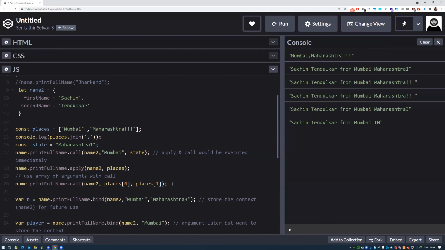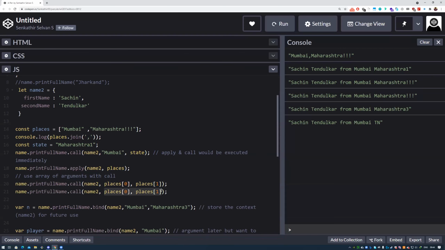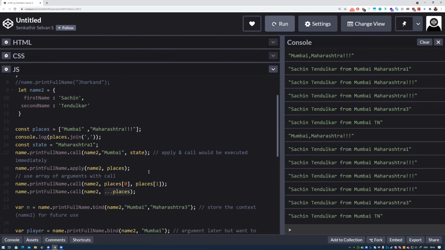The better way of doing it is you can spread the elements of the array. So we are spreading here each of the elements of the array. Both are the same basically, but you need not keep on giving 0, 1, 2, 3 and all. So why was apply there? Because if I can do this, what is the use of apply? Everyone can think about it. Anyone has the answer for this? If I can do it this way, why should I have apply?